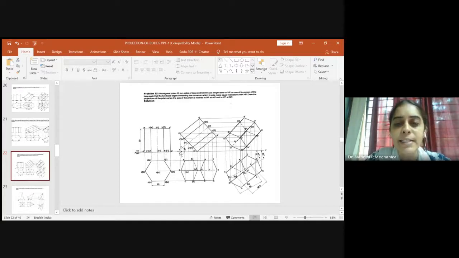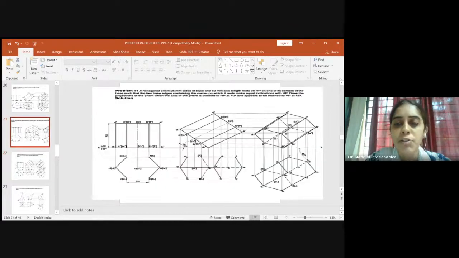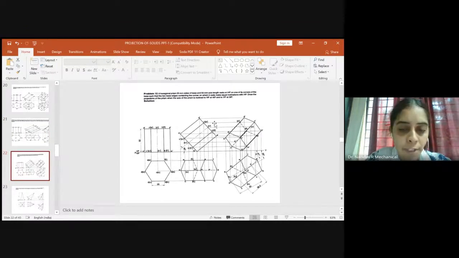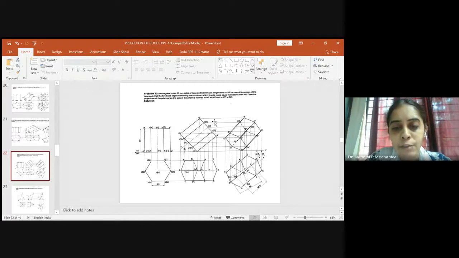what is our next step? You know that the axis is inclined to 40 degrees. This is also the same. As in the previous problem, the axis was inclined to 40 degrees. Here also the axis is inclined to 40 degrees. So the same procedure you will shift. The front view which was in vertical position with axis inclination, now it has been inclined to 40 degrees to HP. So you will shift as I explained for the last problem. So once you shift, you give the naming as it has been in the first stage. So after that, again the procedure is the same.